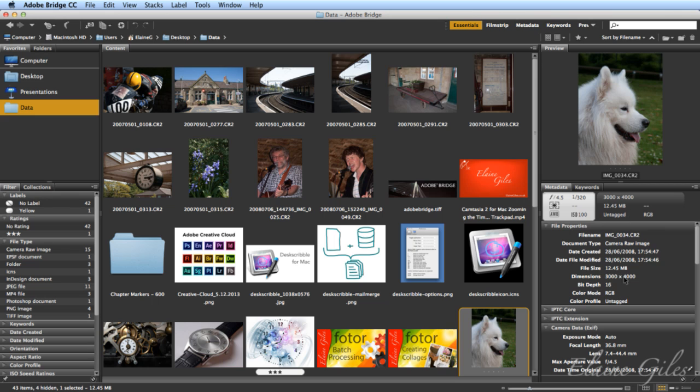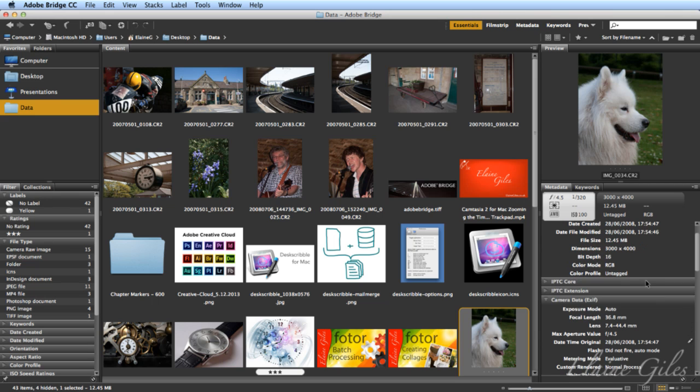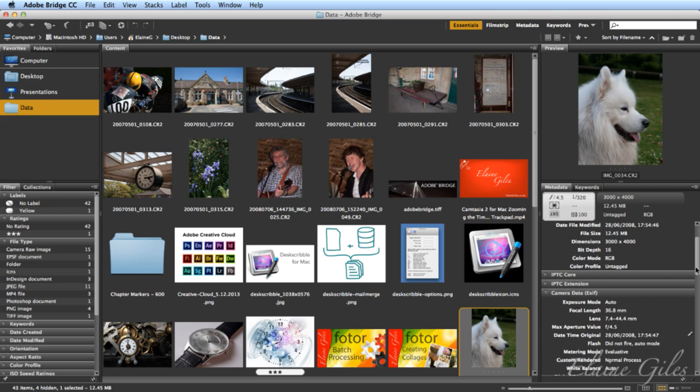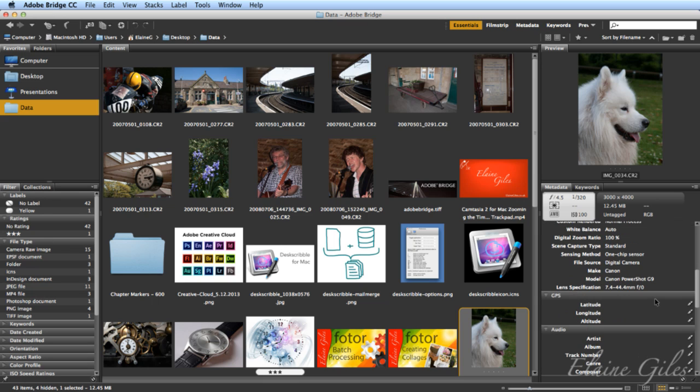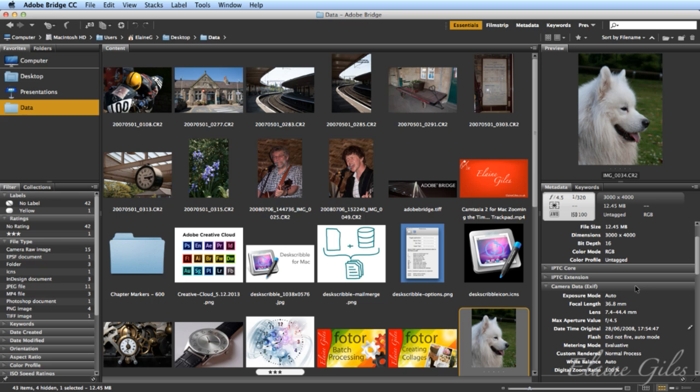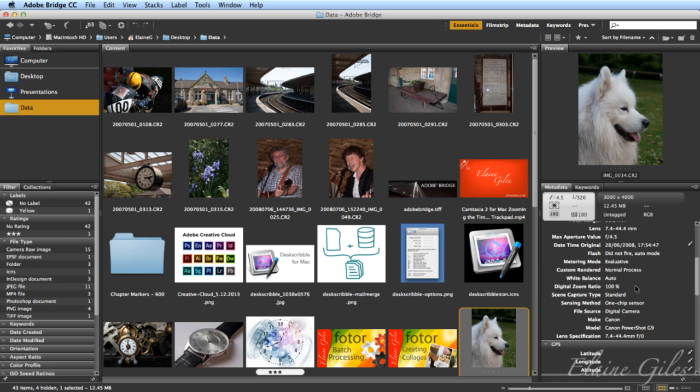Right, let me get rid of that. No, that's what we want, to get rid of that. If I carry on down here, here's the other information about it. So it was taken in auto mode, and there's a focal length, there's lens, all of that information. Now that information will travel with it. Now I thought that was my DSLR, but it wasn't. It was my little pocket PowerShot G9 that took that, but it does create raw images. It doesn't have any GPS information because that camera didn't support it, but if it did, that would be available in here as well,